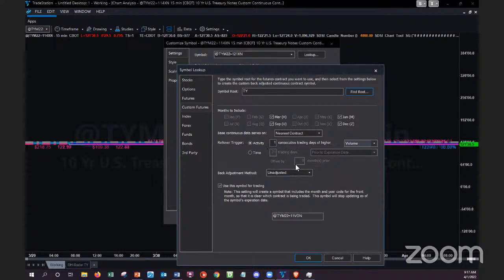We've gone through and played with this and experimented with it. One doesn't actually do the best. What does is a 2. If we have 2 consecutive days of trading of higher volume, then we have a good rollover date. When we do this, we end up with a symbol of @TYM22, which is the contract, equals 12